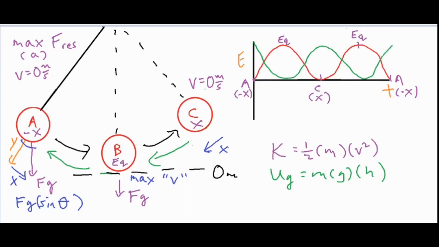And at the beginning, where it starts at position A, is where it has its maximum height. And then its height is going to drop quickly because it has that large restorative force in the beginning. So it's going to start from position A, the negative X position, and then move towards a height of 0, where it reaches its equilibrium position. And then the rate at which it's increasing its height is starting to increase in the beginning, and then the rate that it gains height is going to decrease towards the end because that restorative force is pushing back on it,